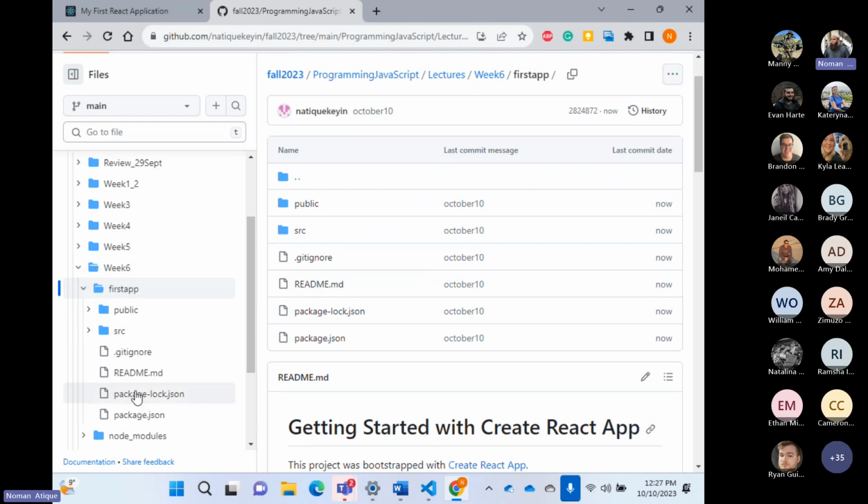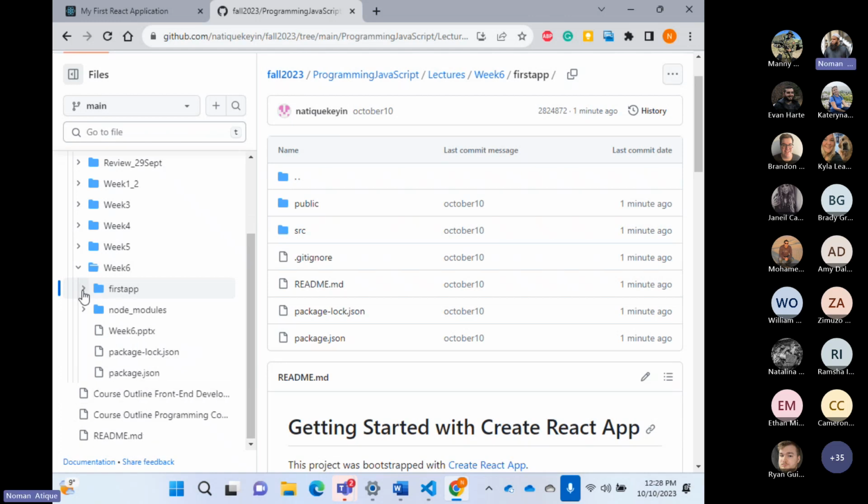Never send the node modules folder on GitHub or to anyone anywhere, because it is a huge folder. It will make your upload so much heavier that it will take a whole day to download that one file. You know what I mean? So we have to just keep that in mind. Make sense, everyone?